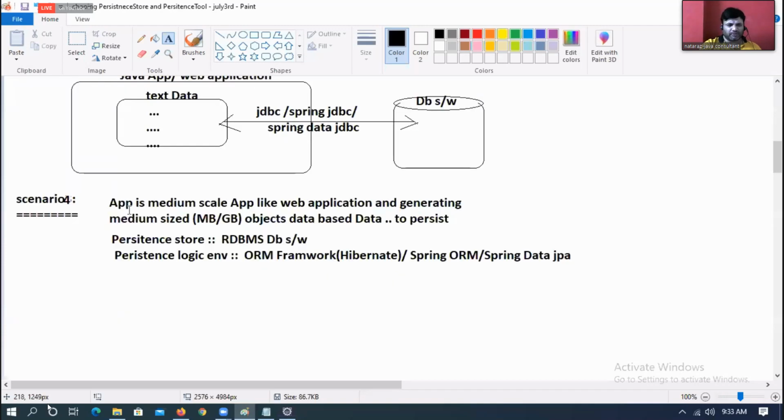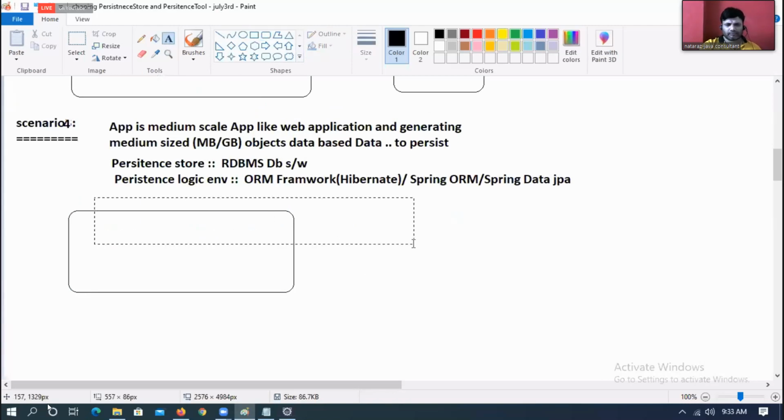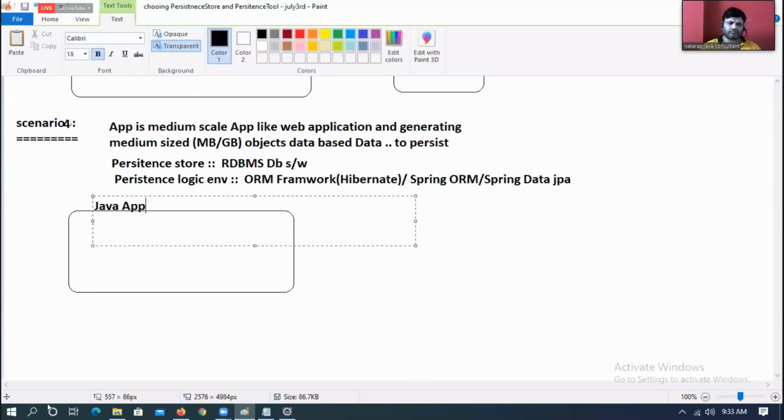Super. Let me put it: Java application or Java web application.